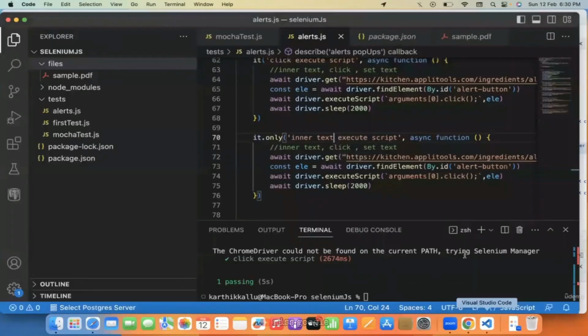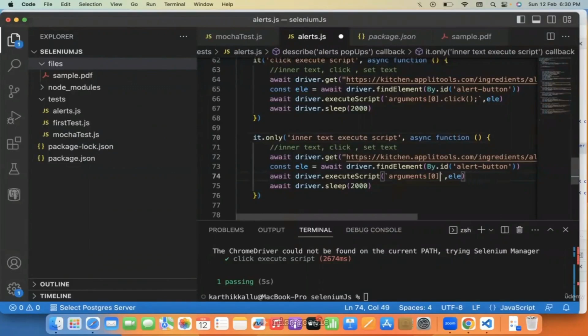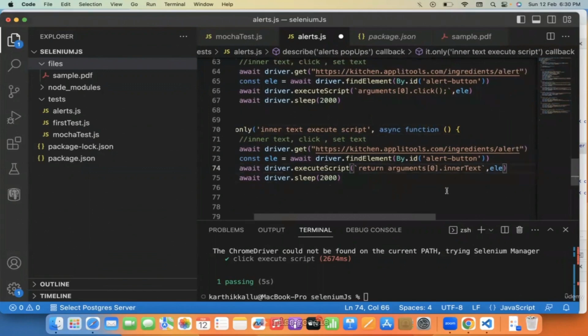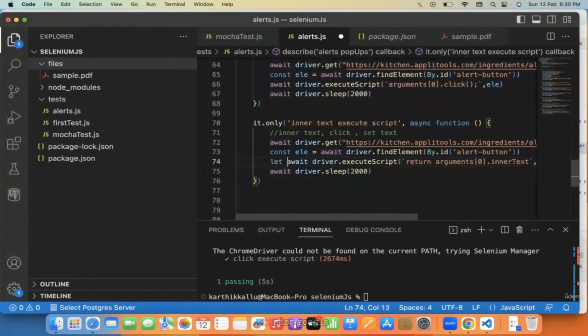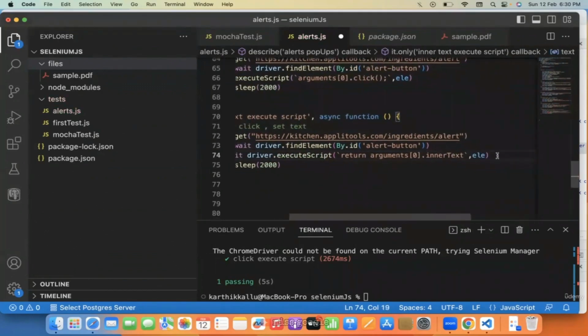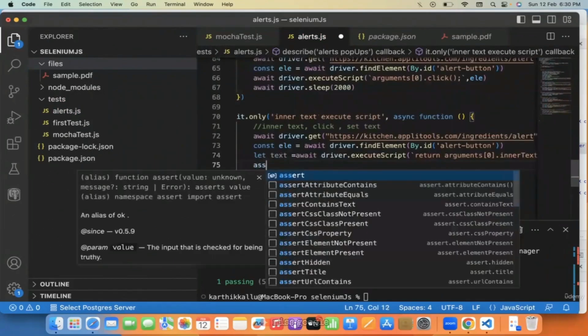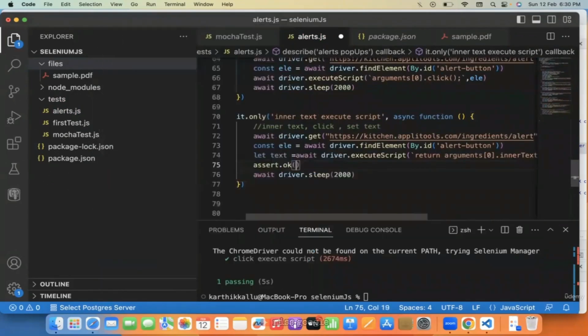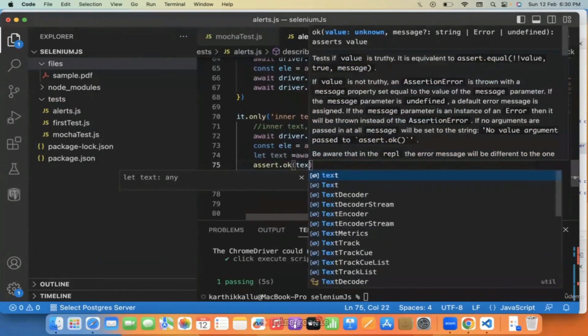Now we will get the text of that button. Here we need to update the script, guys. Let me write return arguments of 0 dot inner text. I guess that's all. Let me store the text, and let me print the text. Or let's do assert, okay, text dot toString